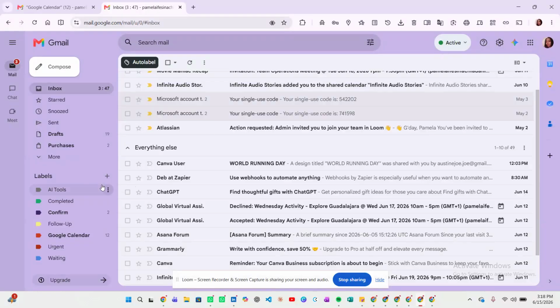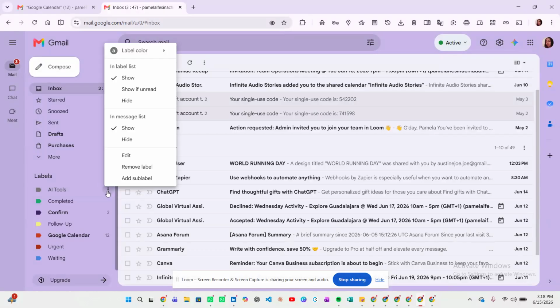Name it, tag it personal email. If it's banks, create banks. Under that banks, like this AI tools, click on these three dots beside it. I want to add another label inside this AI tools. So you now come down here, you click on